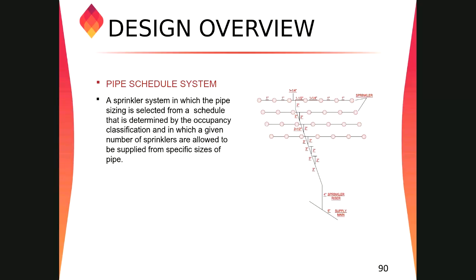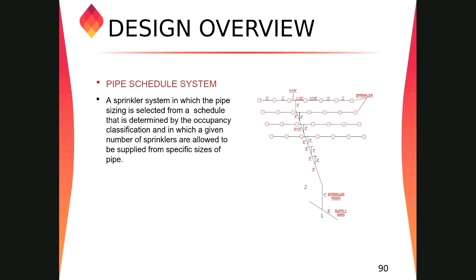So a node is between two pipe changes, direction changes or elevation changes. This is our node 1, and if the size of the pipe changes at this location, this is node 2. Normally when there is a change in diameter, or a change in direction, vertically going upward and then taking a right turn, we need an elbow. So that will become again one node. You got the point?